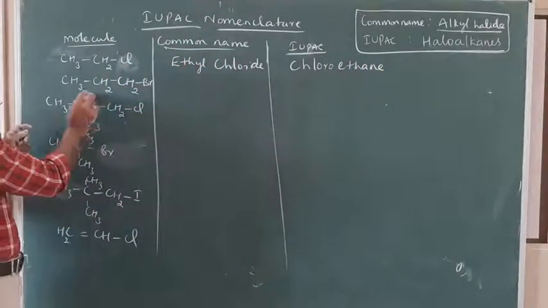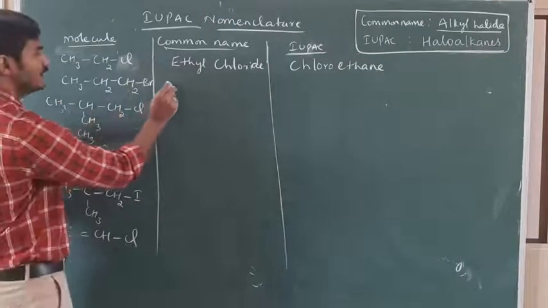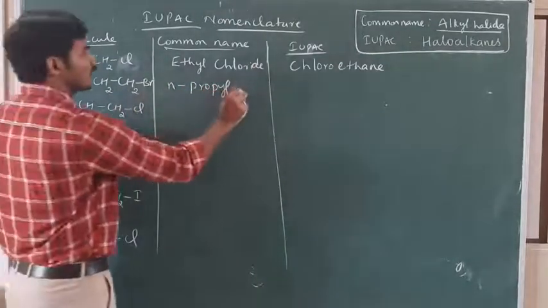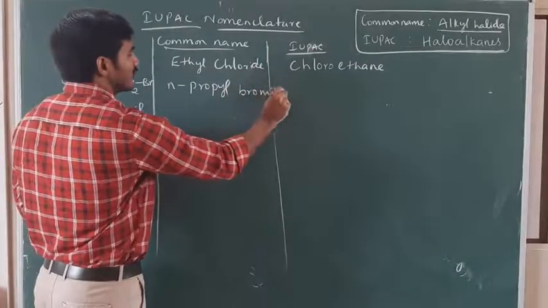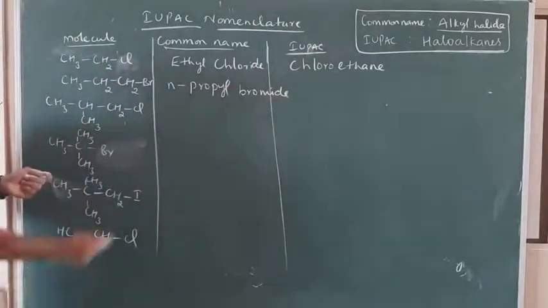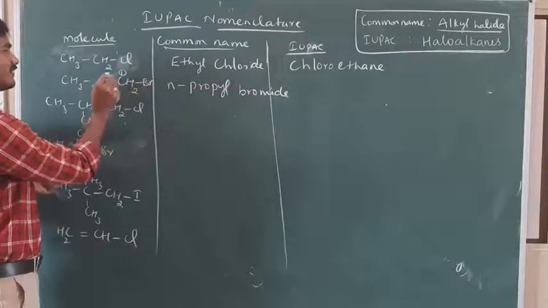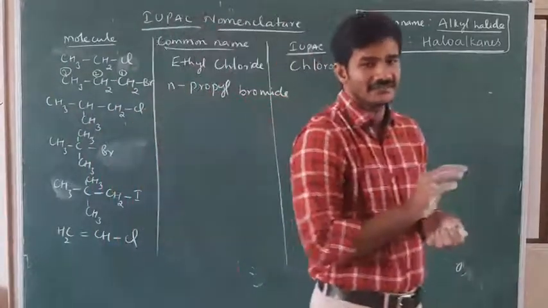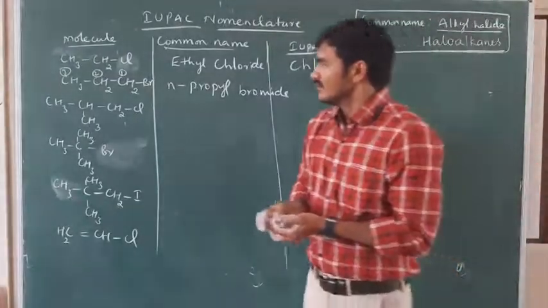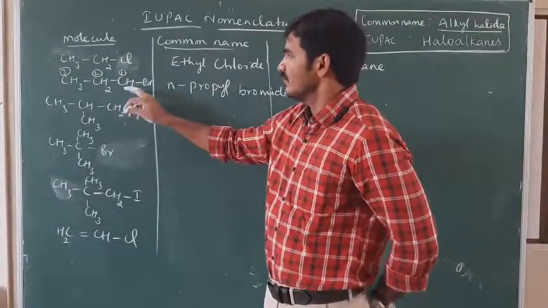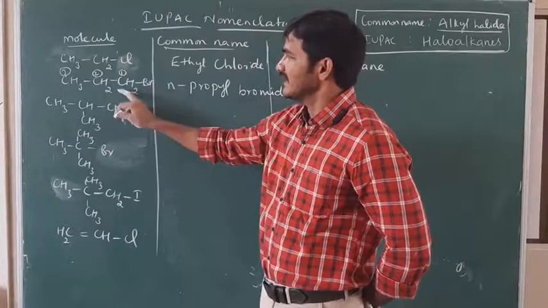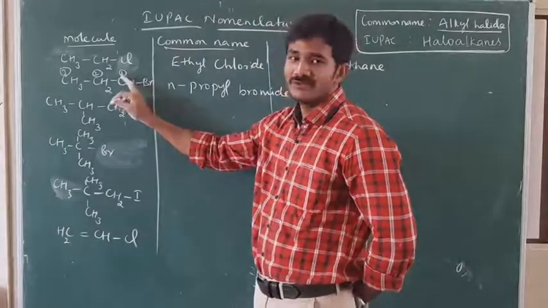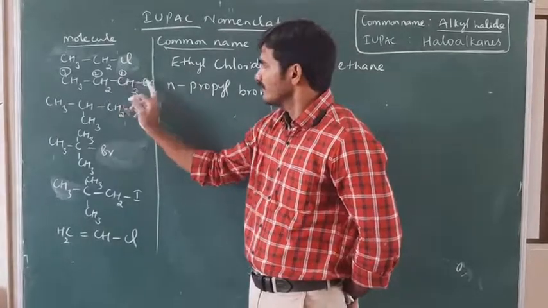Okay. This is a 3 carbon containing compound. There is no branching. I write it as n-propyl bromide. For the IUPAC name, we have to start from here. Numbering we have to give. From the 3 carbons, you start giving numbering for the parent chain. We have to give the lowest numbering to the bromine attached carbon, or halide attached carbon. Lowest numbering. We have to start numbering one from here. So 1-bromopropane.